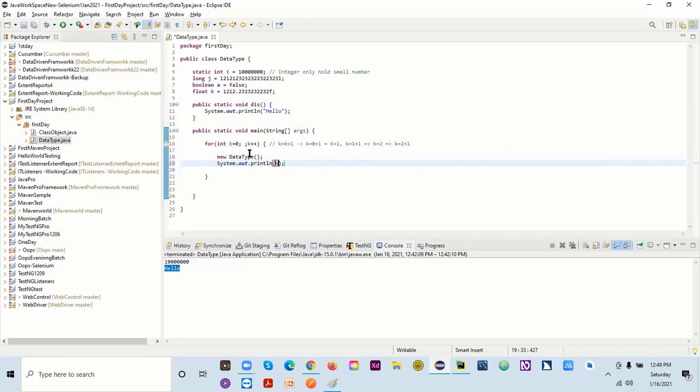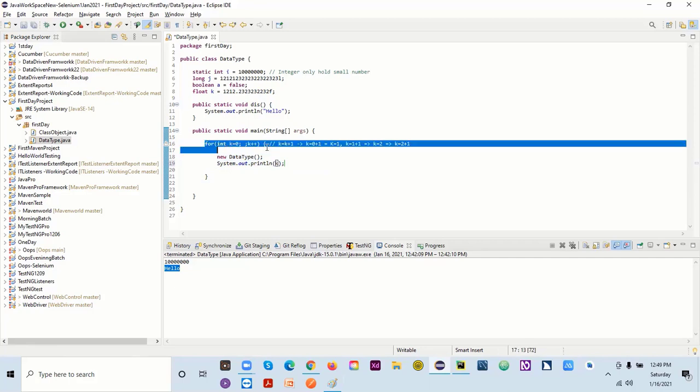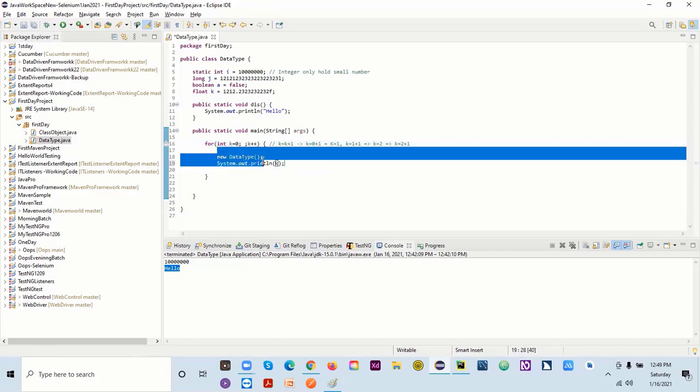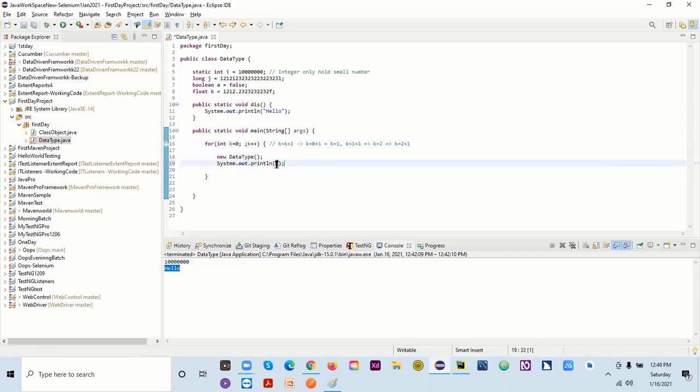What will happen? First time it will start running, and it will say k equal to 0, and we have to increment this by 1. So k will be printed here, initially 1.